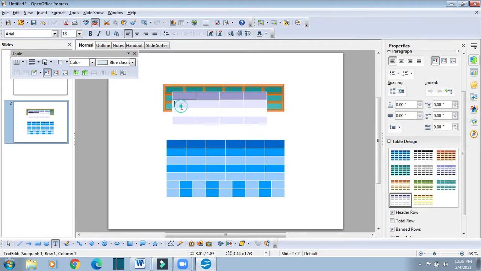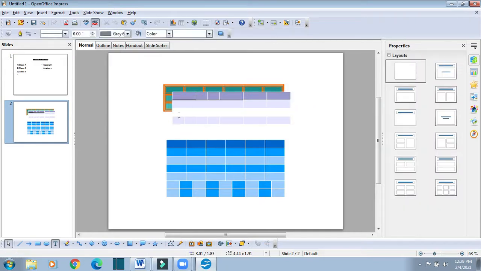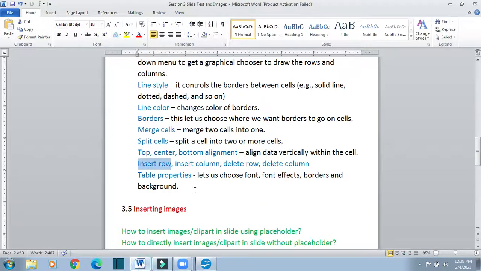Likewise we can insert rows also and insert columns also. Suppose I want to insert one more row, I will just click here, it will insert one more row. And if I want to insert one more column, I will click here, insert column, and it will insert one more column. So this way we can insert column, delete column, insert row and delete row.